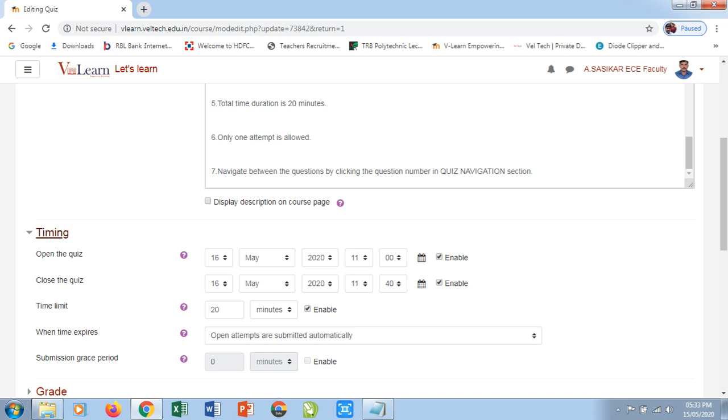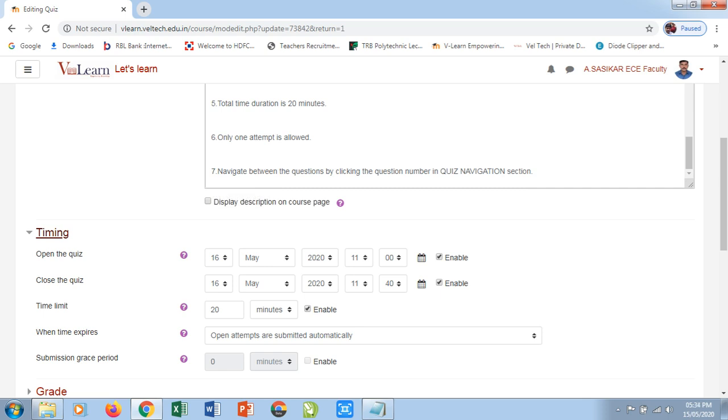Based on your section, you can go for verifying the time period, that is the opening and closing time of the quiz. We know that for SOEC A section to SOEC F section, the timing is from 11 a.m. to 11:40 a.m. So ensure that this is set to 11, and here this is 00, this is 40, to represent 11:40.